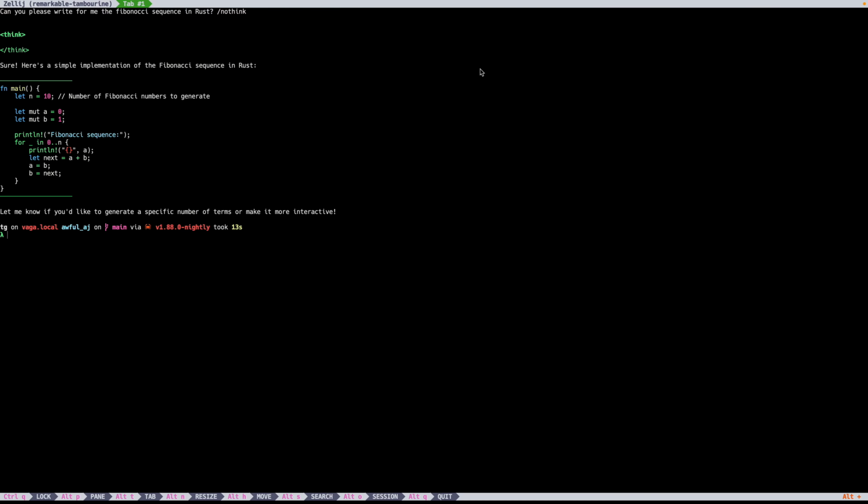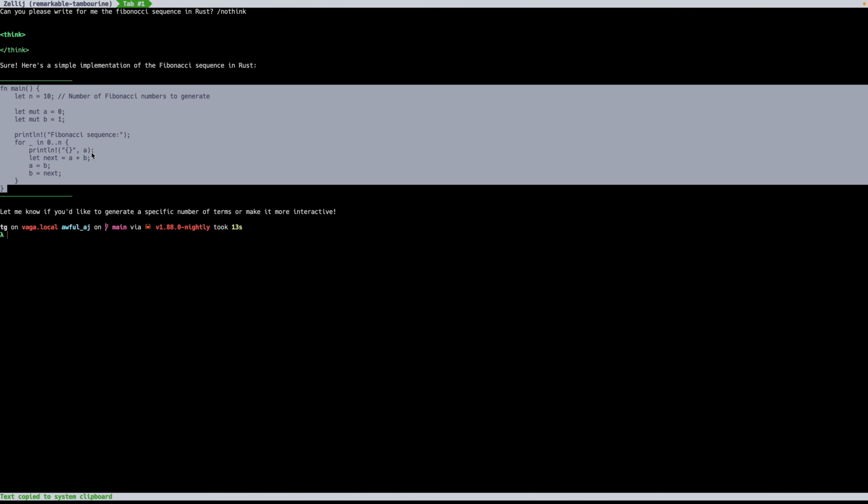And there we go. We get a program that will print us a Fibonacci sequence, and the source code is formatted and highlighted, which is actually really great when I'm just working in my terminal and I need a quick answer or some code. I get it right here. I can copy, paste it into the program that I'm working on.